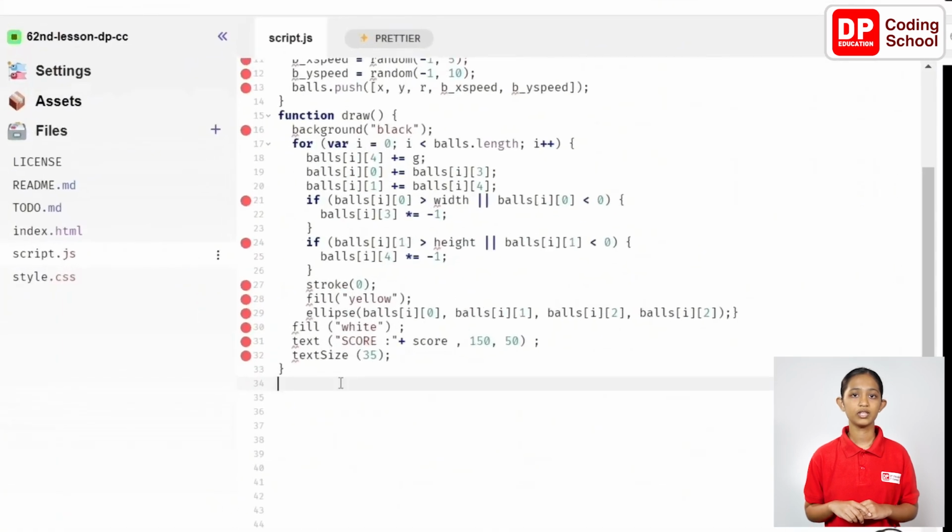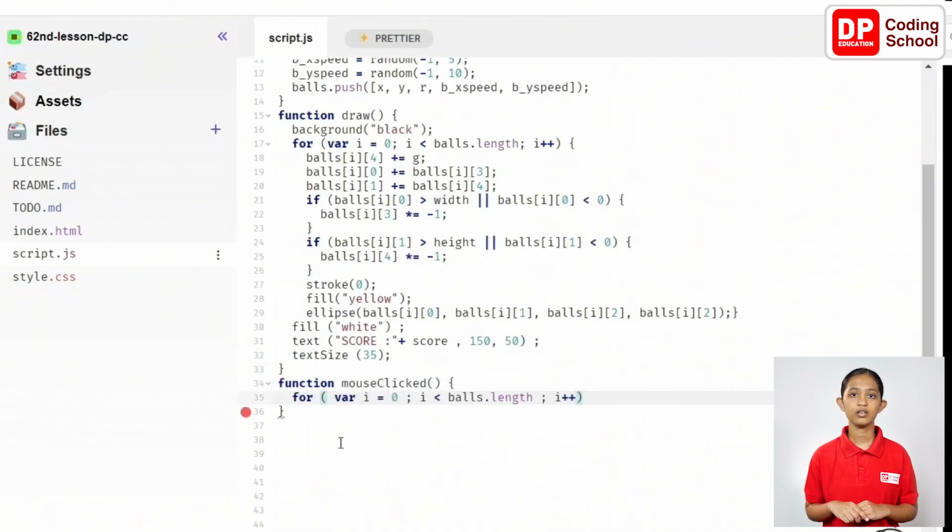Come to the 34th line and create the mouseClicked() function and create a for loop for the balls in an array this way. for (var i = 0; i < balls.length; i++)